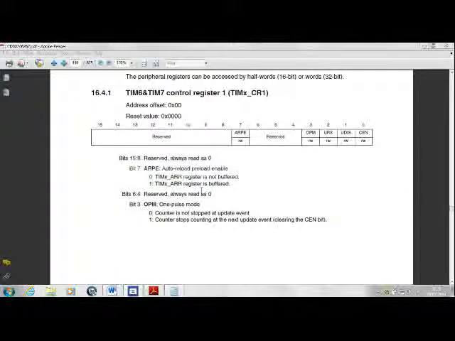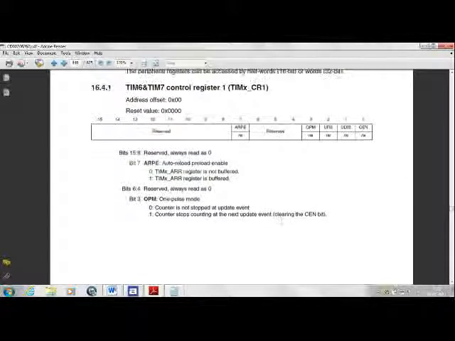This means that whenever the timer is running, and if the timer X ARR register is buffered, that is this bit is set to 1, then till the time an update event is not generated, the new value will not reflect into the code. Now there are two ways of generating the update event. One is by having a software based update event, or by having an update event at the time of an overflow. So for now I want my register to be buffered so that when the timer is running in one cycle it cannot be disturbed, that is the ARR register cannot be disturbed. Next,